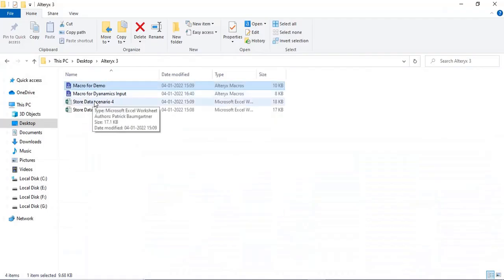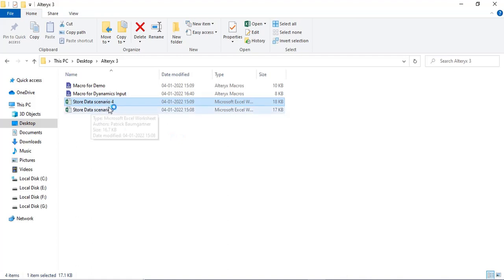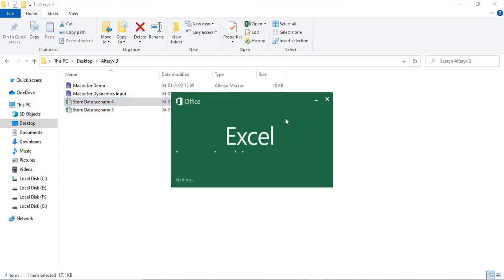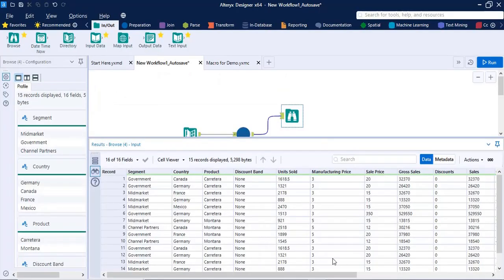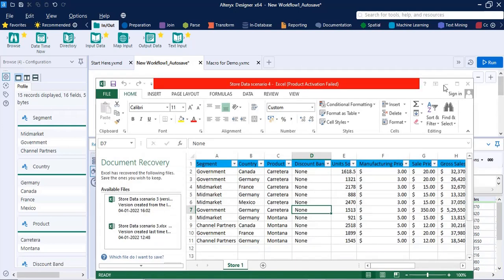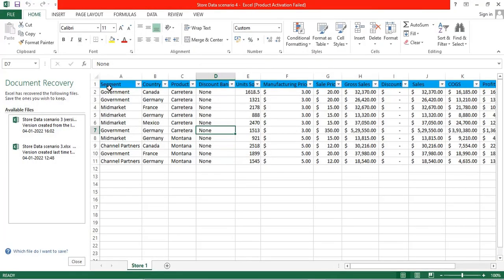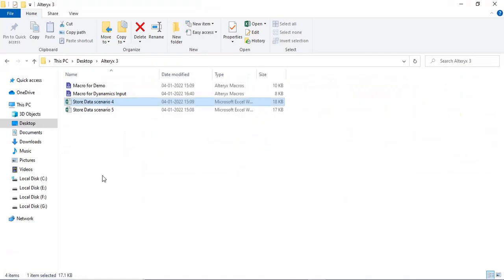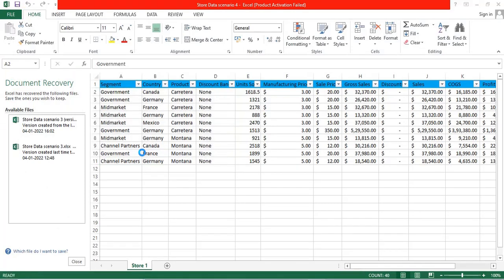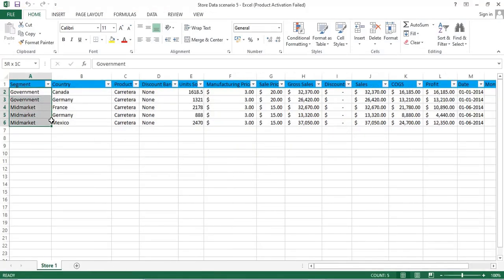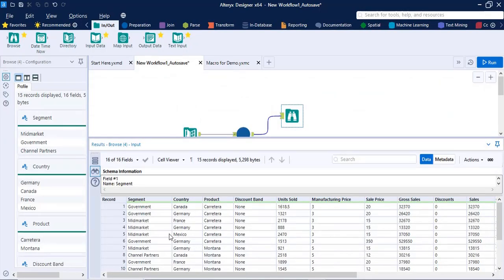Checking the store data for scenario 4, in store 1 I have 10 records excluding column headers, and here I have 5 records, total 15 records. I am getting my exact output.